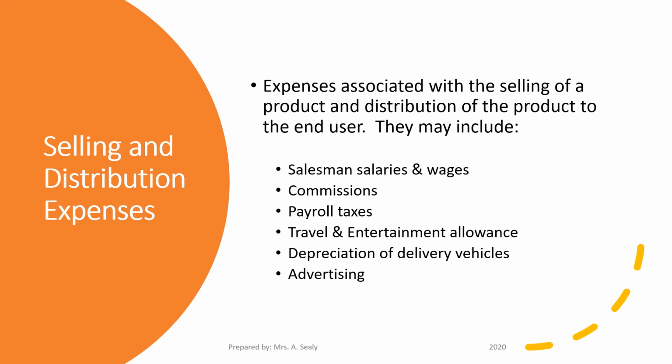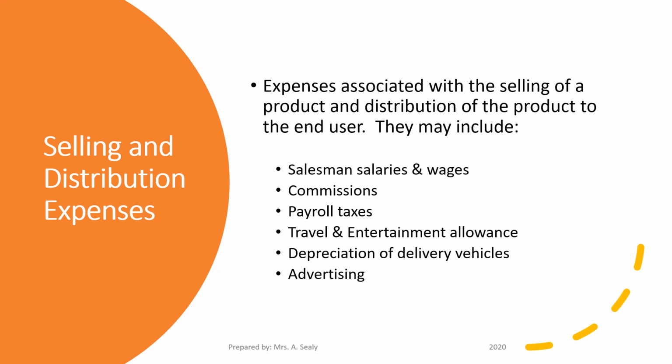So the selling and distribution expenses are usually associated with the product that the business is selling and also how they go about distributing that product to the end user. So these selling and distribution expenses may include the salesperson's salary and wages. They will probably include commissions that the persons may receive on those sales, things like maybe payroll taxes relating to those persons,